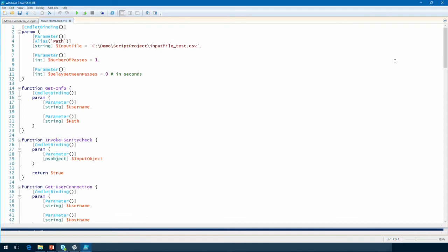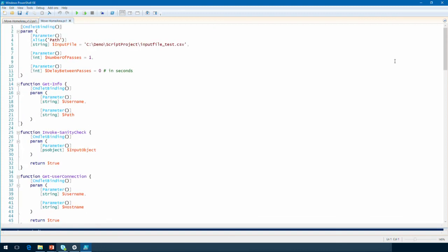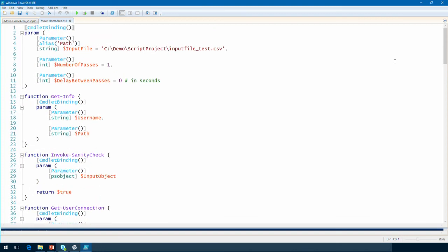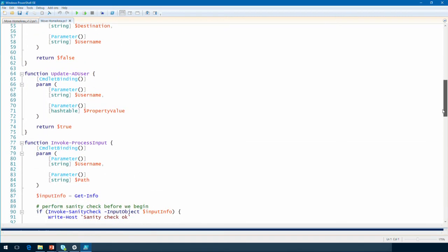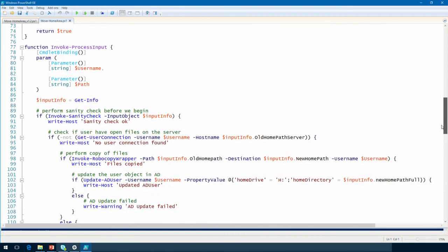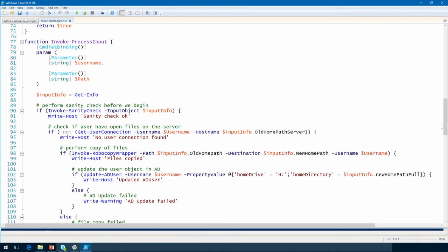And, oh, why is that happening? So you can see we just wrote down all the functions here. And then, so this is the function I talked about, the invoke process input. As you see, we decided that every function except the first one, I think, should return a Boolean, true or false, because that made the logic quite easy to follow.